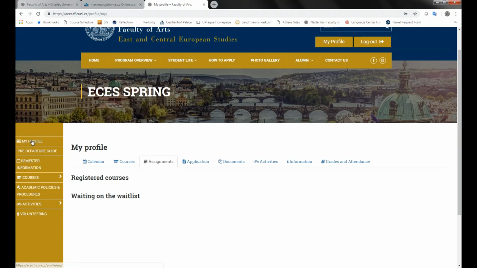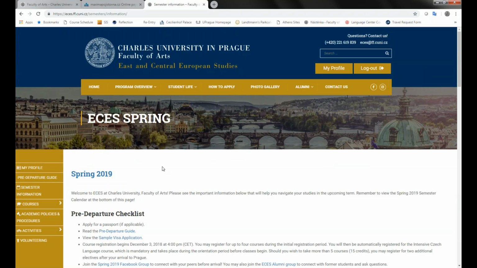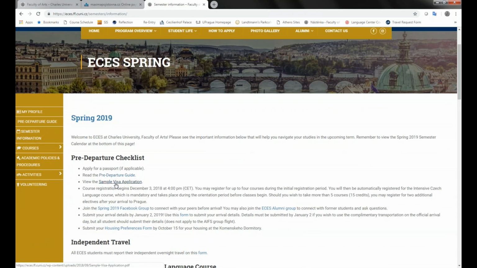Importantly, on the left side is most of the information that you need. First, semester information contains a lot of the details that we just went over, including the pre-departure guide and sample visa application, and I'll talk more about this page later. For now, if you click on courses,